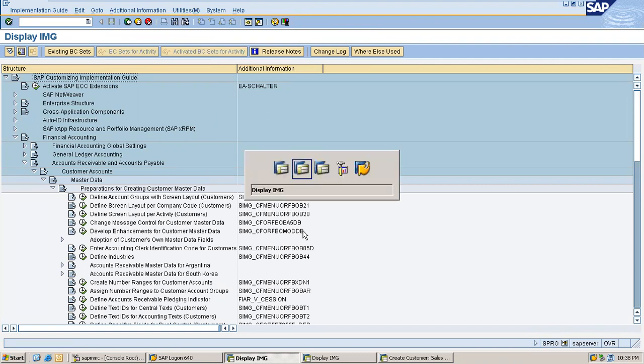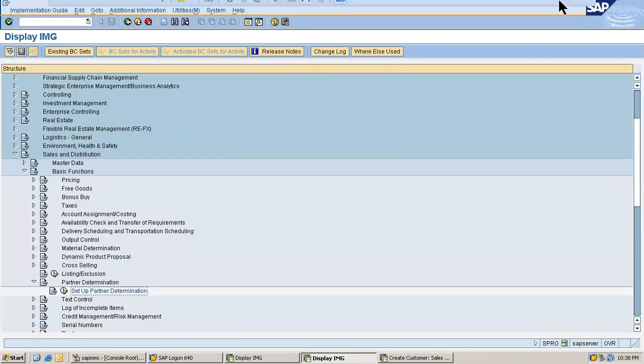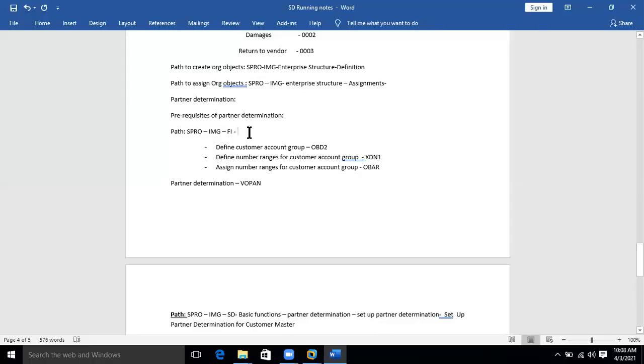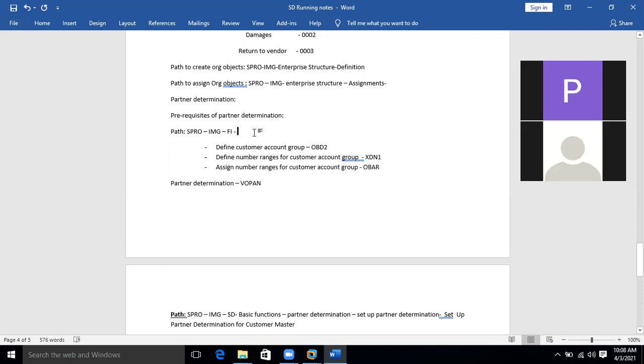Okay, let's write down the path here. FI. In FI, what do we have? What is the next thing? Account AR and AP. I can say in short, account receivables and account payables.